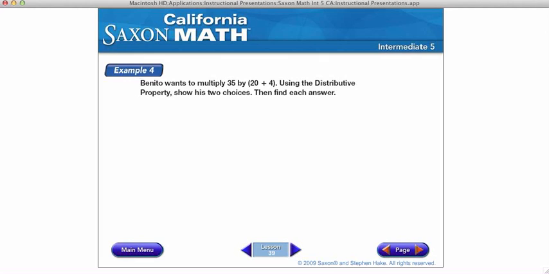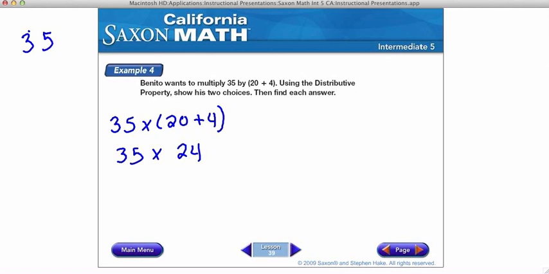Example 4. This is where the distributive property comes in again. Benito wants to multiply 35 by 20 plus 4. Using the distributive property, show his 2 choices, then find the answer. Okay, so I have 2 choices. I can either do 35 times 20 plus 4. I can either use PEMDAS and solve my parentheses, 24, write the rest of my problem,